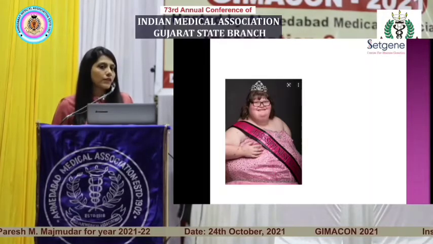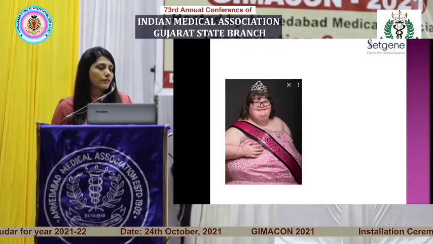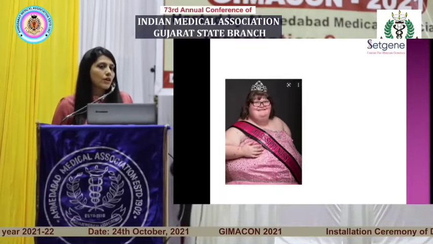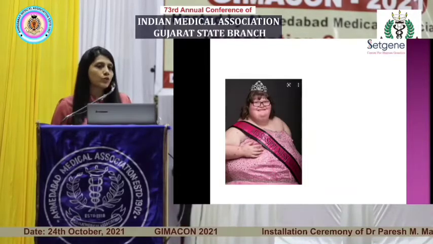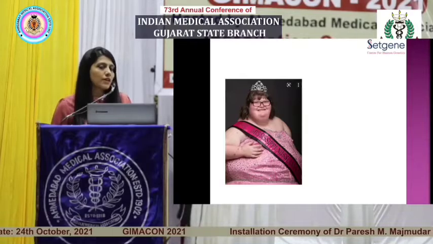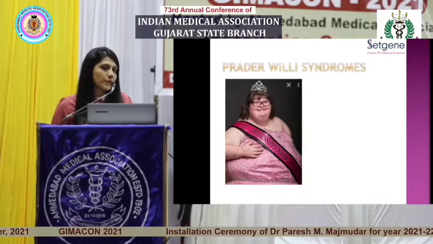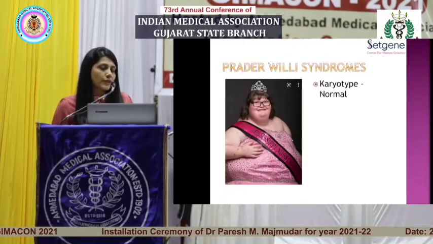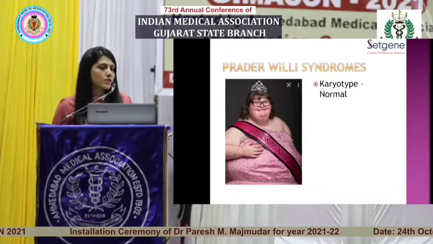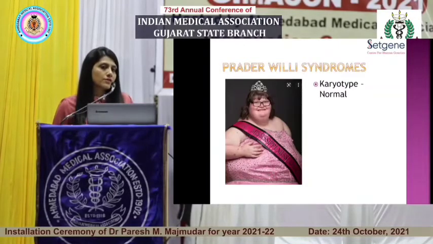The thing I need to highlight is not the syndrome here, but whenever we have such phenotypes, what will be the next thing we need to do? We know that there is some abnormality. Shall we go for the karyotype in such a case? Then it will be normal. Shall we go for the clinical exome? No. Clinical exome will come out normal in such cases because this is an imprinting disorder where the sequencing, like ATGC,